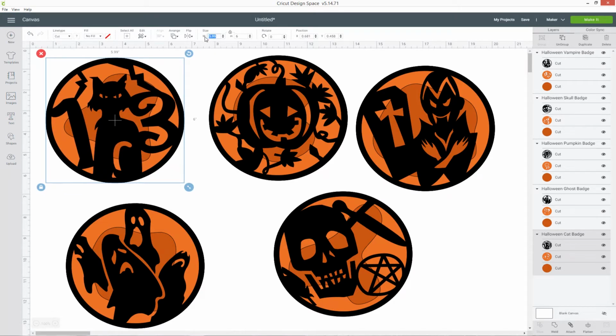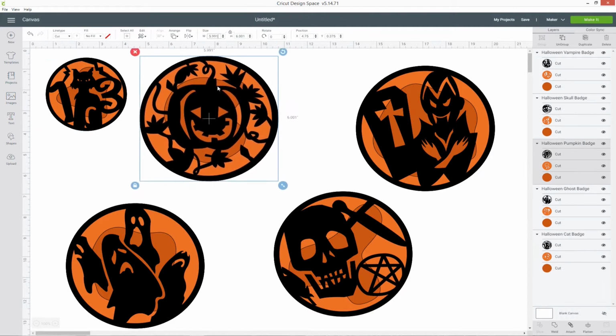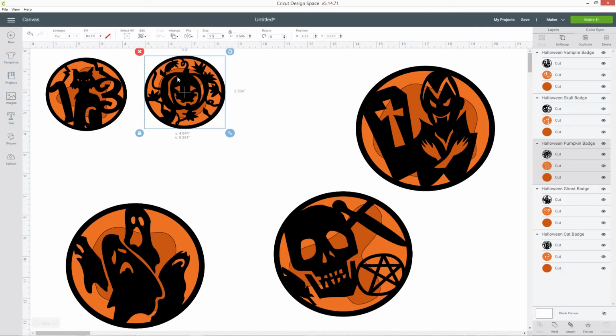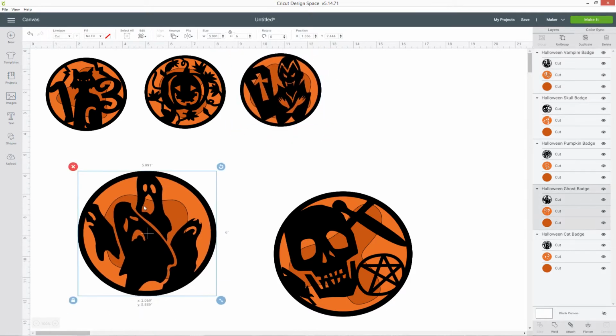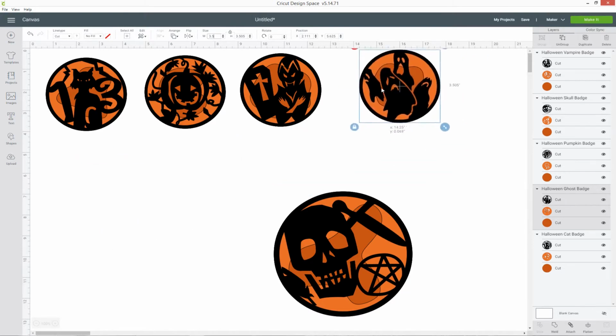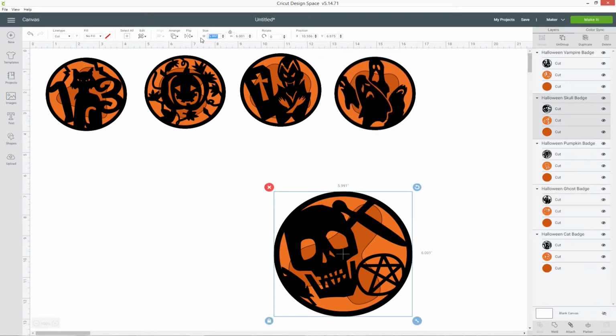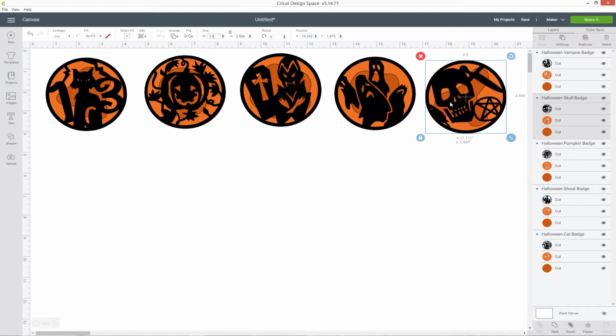And I found a good size to do is 3.5 inches in width. Any smaller than that, and some of the cuts get a little bit tricky to do with your Cricut. So 3.5 inches is a good size. So I'm just going through each one and resizing it using the box at the top. Just type 3.5 in there, and it will make it smaller. Right, there we go. Those are all 3.5 inches wide.